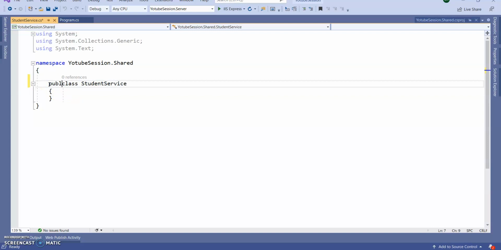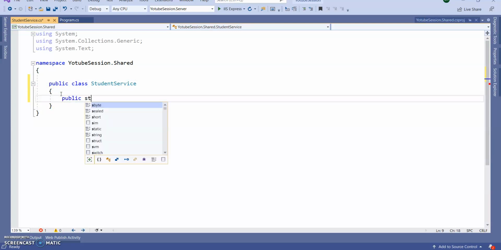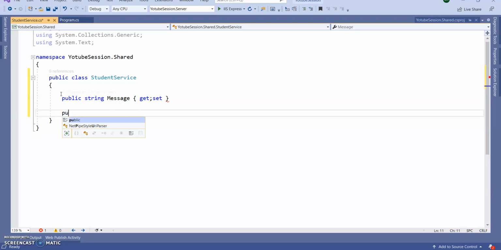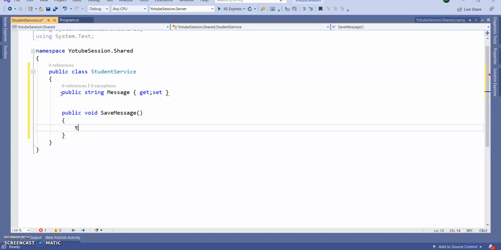Let's declare it public. Let's declare one property here, public string Message { get; set; }. I'm creating one method here, public void SaveMessage. I'm not doing anything else, directly I'm setting this.Message equal to "Student saved successfully." Here goes the insertion logic.